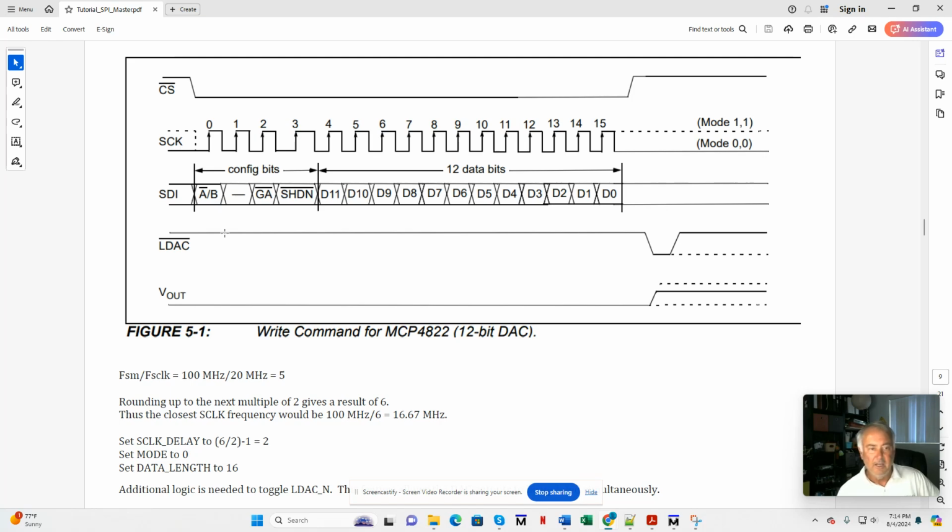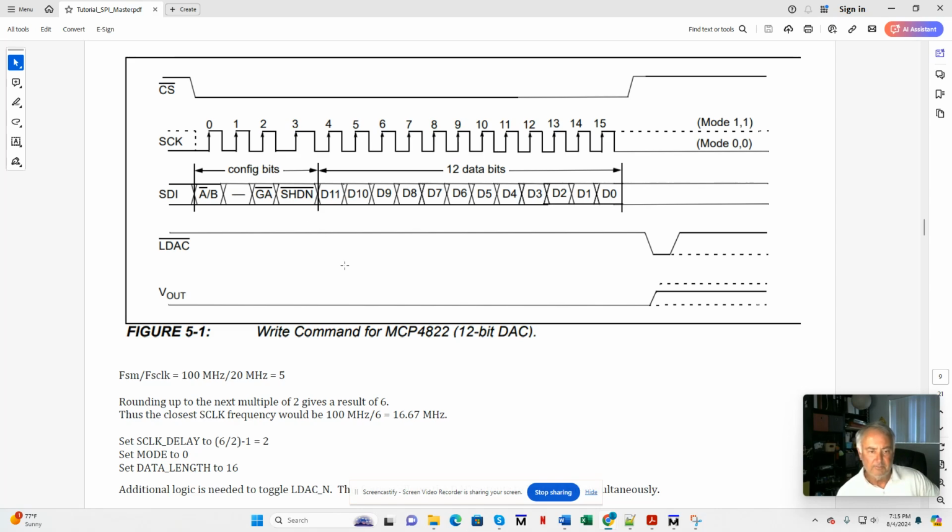All right. Now there's another tweak on this, and because this is a dual DAC, they have a load DAC input, which will have to be handled outside of the SPI master logic. The reason for this input is simple. It's because it's a dual DAC, or it could be a quad DAC. The load DAC allows you to update both DACs internally, and then by toggling load DAC, both outputs or all outputs update simultaneously from what was